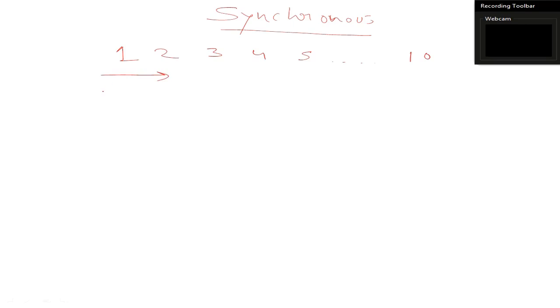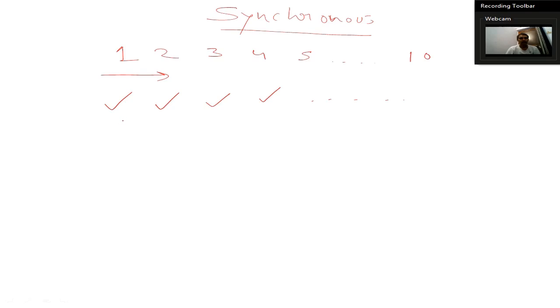And another example for synchronous operation is if we take it from our daily life example. So suppose you are in a queue in a bank, then the person standing in front of the queue will be served first, right? Then second person will be served, then third person will be served and so on like this. So what I mean to say is first process will be completed, then second process will be completed, then third, then fourth and so on. So this is what your synchronous operation is.